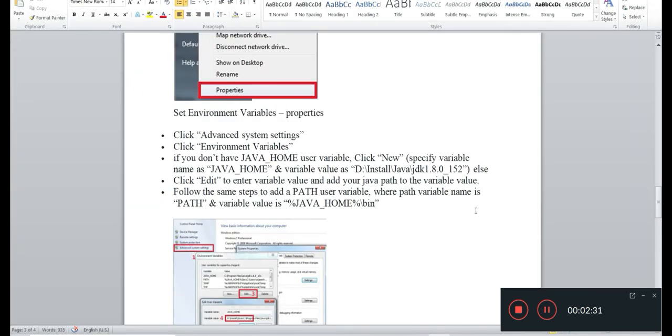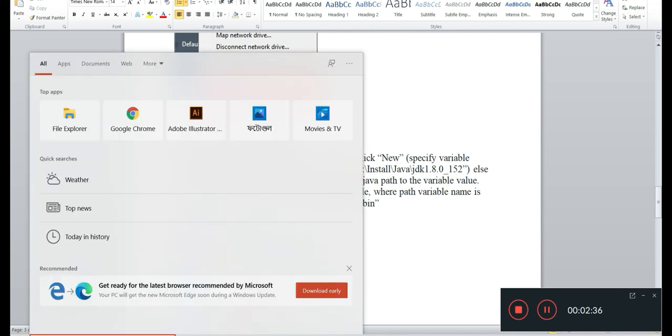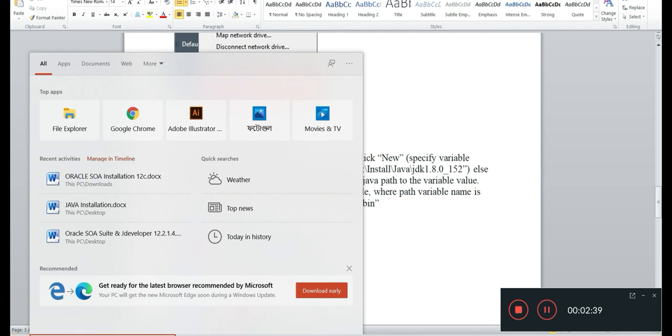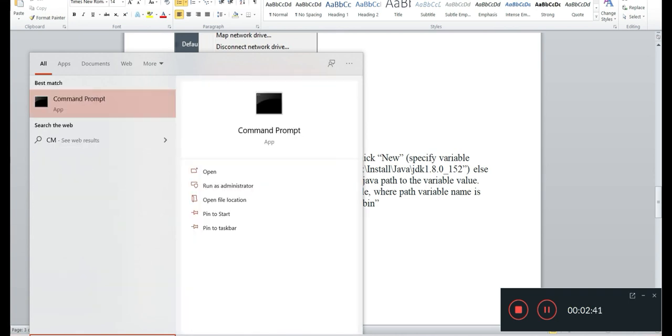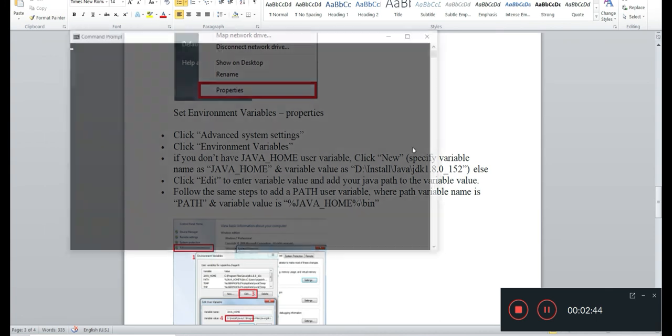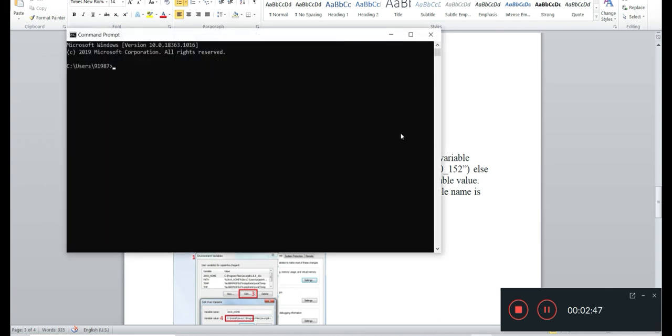Now we need to check whether the variables are successfully set up. For that we can open CMD, the command prompt, and type two commands: echo, and inside that give the variable name, JAVA_HOME, and press enter.